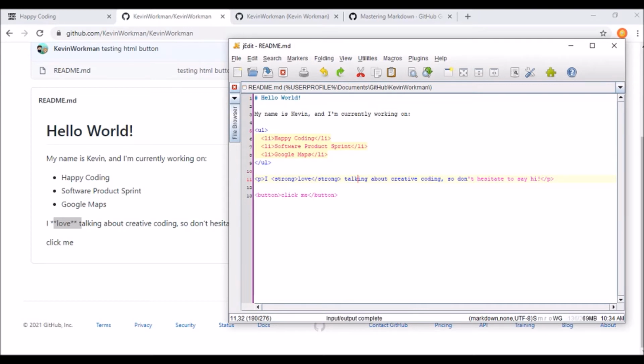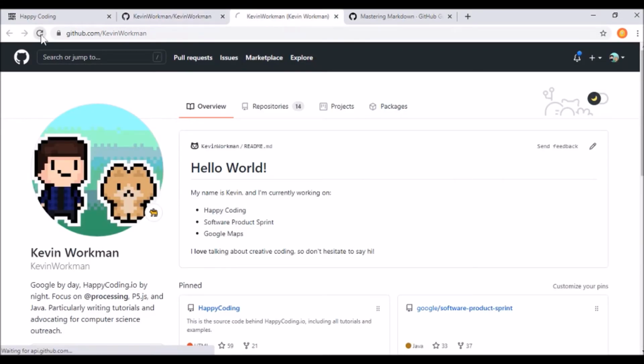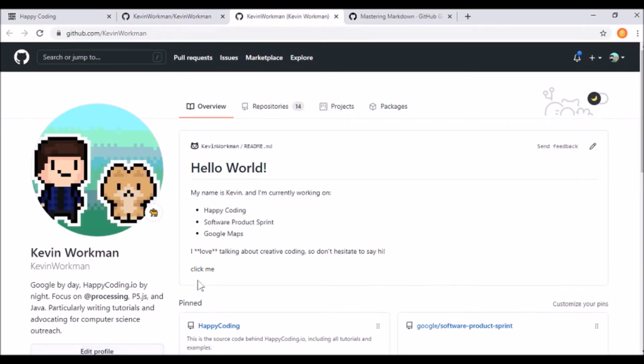But the one thing to keep in mind is that not all HTML is allowed. So I can't use this button tag, and it does not render a button. It just renders the text. Let me see what this looks like in my profile itself. Probably the same. Yeah, so this is not a button. It's just the raw text,